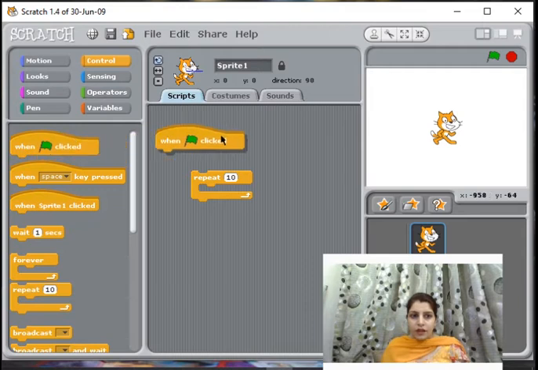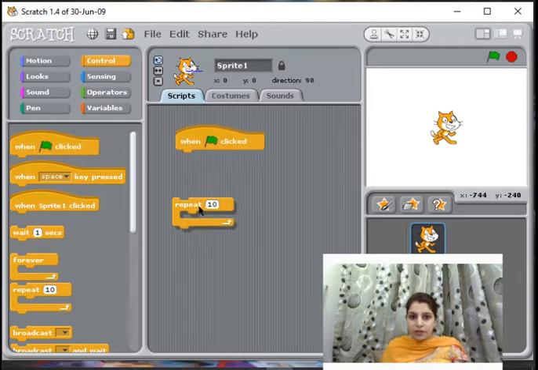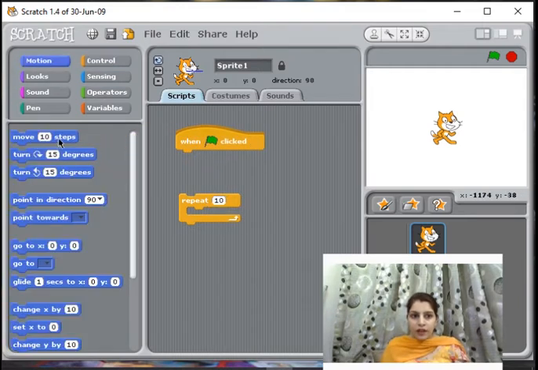So let's take a script. When green flag clicked, move steps. Right, a simple example I'm taking.